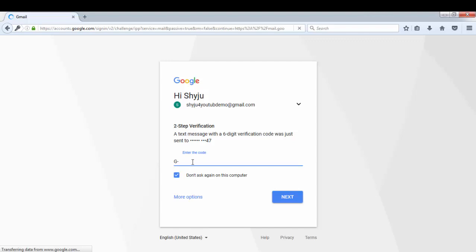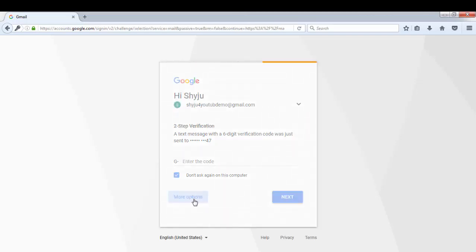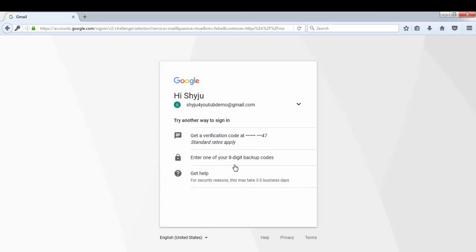Now see, it has sent my verification code to this mobile number, but I do not have access to this mobile right now, or suppose my mobile is stolen. Then go to More options. See here, enter one of your 8-digit backup codes. I had shown you where these 8-digit backup codes are stored, so click on it.